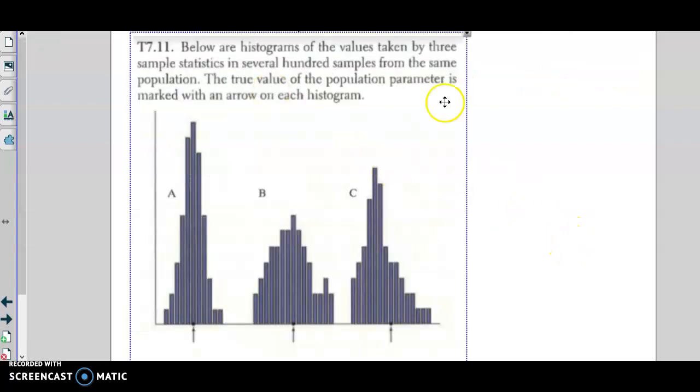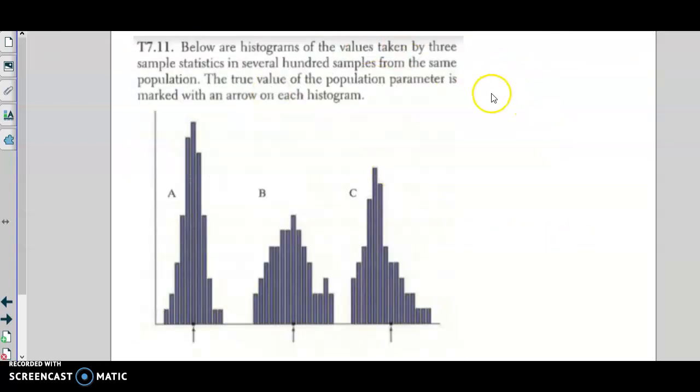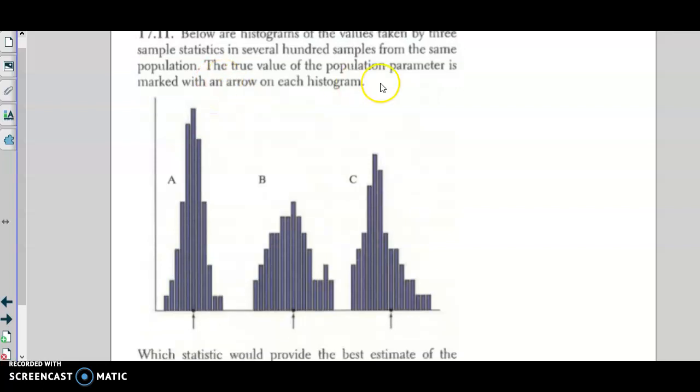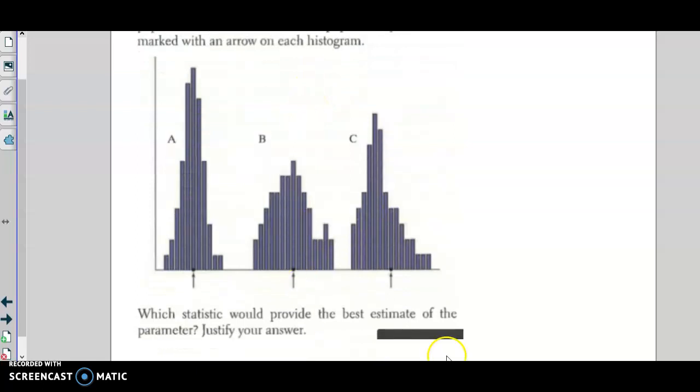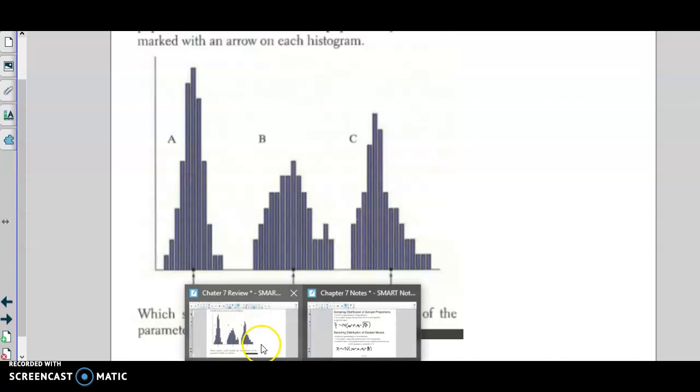Now let's move into the FRQs, and I'll type for these just so you can read a little bit better. Below are histograms, the values taken by 3 sample statistics and several hundred samples from the same population. The true value of the population parameter is marked with an arrow on each histogram. Which statistic would provide the best estimate of the parameter? Justify your answer. So if you remember those targets I showed you in the notes, I can actually go back